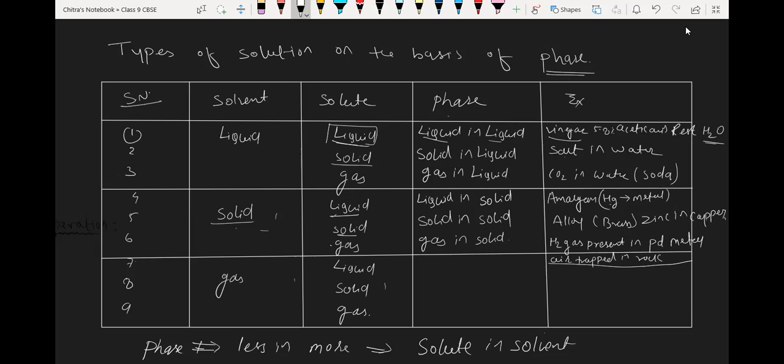So what is the air trapped in rock? If you break that rock, you will find some air space there. That air space contains air in it. Sir, does that mean molecular space, or it is visible? It is visible. If you break rock and observe clearly, you will find air space there. Okay, so now we are going to discuss the next type.